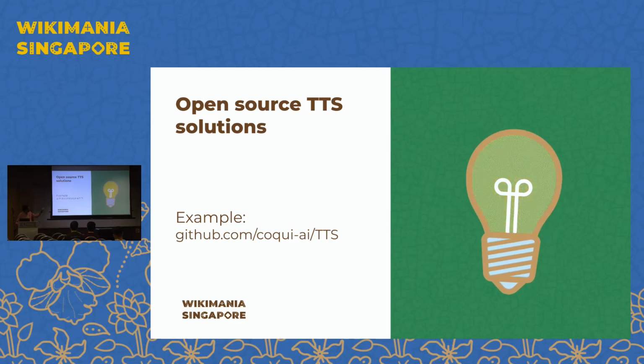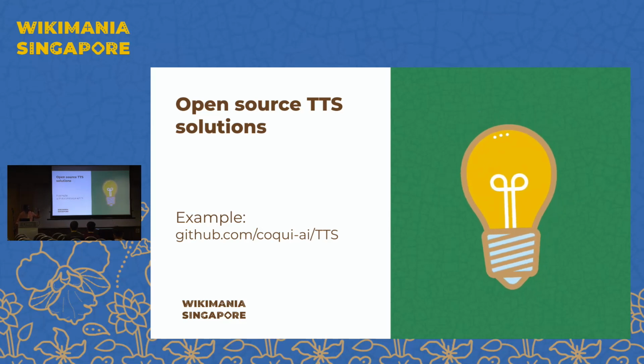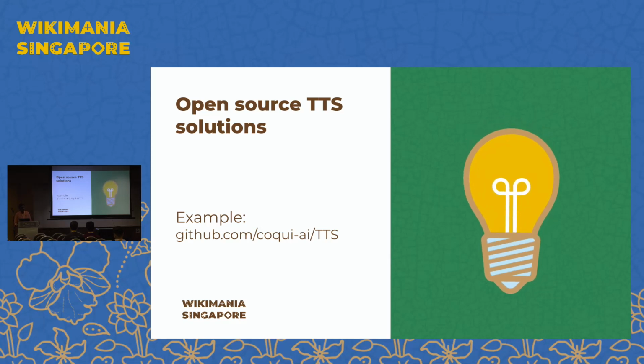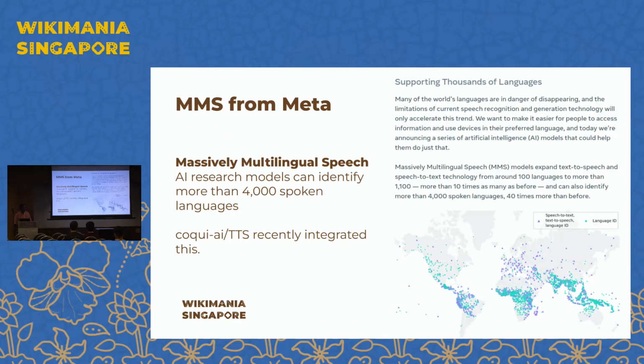One example is a TTS engine called Coqui AI, that's free and open source license. You can try it out. Actually, that had a lot of limitation about supporting languages. But recently, Meta, Facebook announced this project called MMS, Massively Multilingual Speech System, supporting more than 4,000 spoken languages. That includes dialects and all of those things. And it's a publicly available data set. And it's based on Facebook's machine learning algorithm. And these models are available for so many languages.